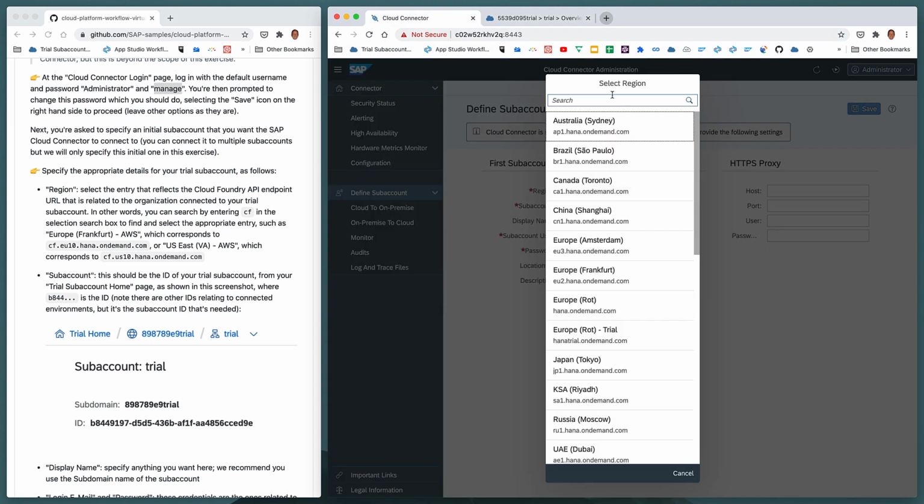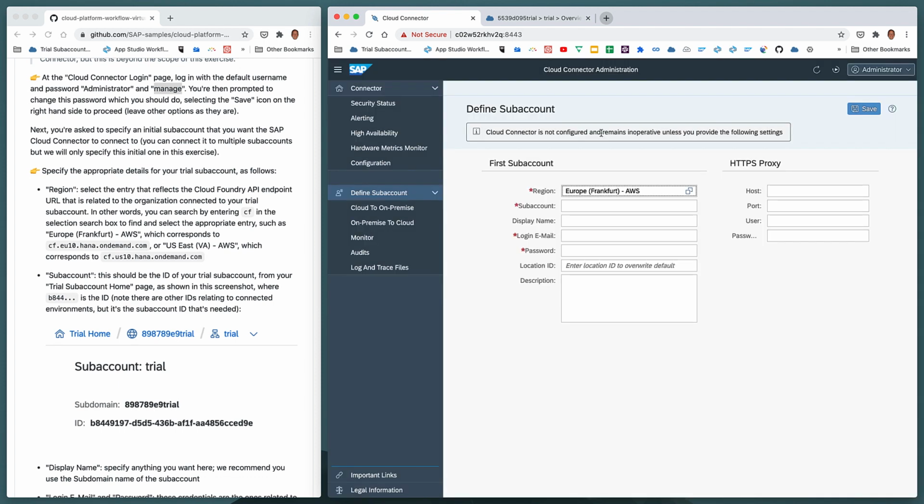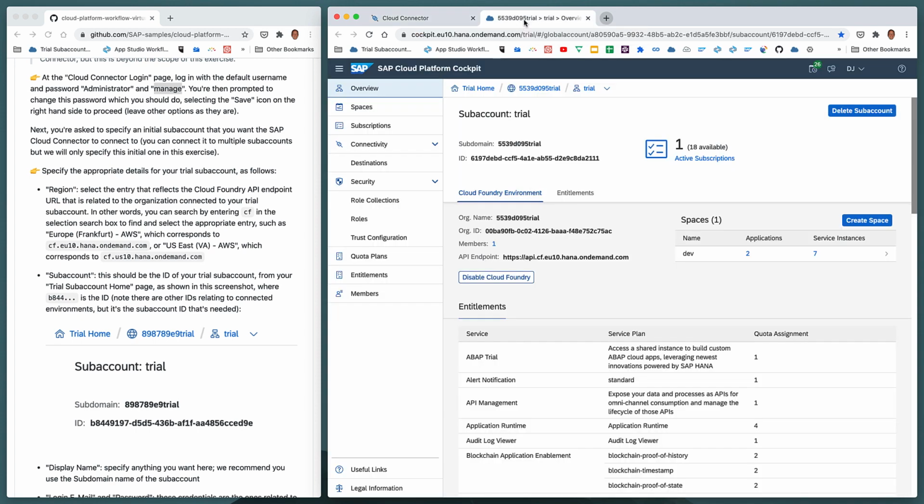We can open up the selector, filter down to EU10, and we found it, cf.eu10.hana.ondemand.com. Now, we're connecting to this particular sub-account here, and for the sub-account, this is the ID of the trial sub-account, which is this here, 6197. So let's copy that